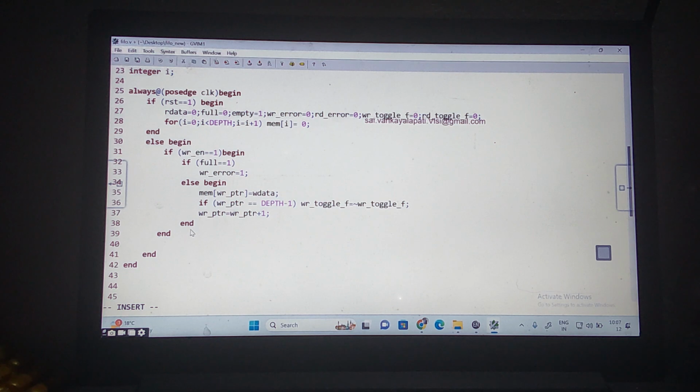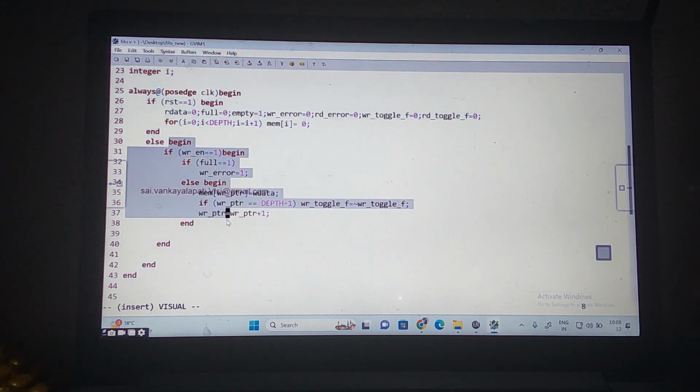So this we are writing, this is completely for the write and write pointer. Now I should check for what? Read enable is equal to 1. If empty is equal to 1, what I want to do? Read error is equal to 1. Else what I want to do? Read operation. So where I need to do this is here. The else is nothing but the else of reset is equal to 1. Here if reset is equal to 1, it goes to this one. Else means it is coming here. The else body I should write here, right?